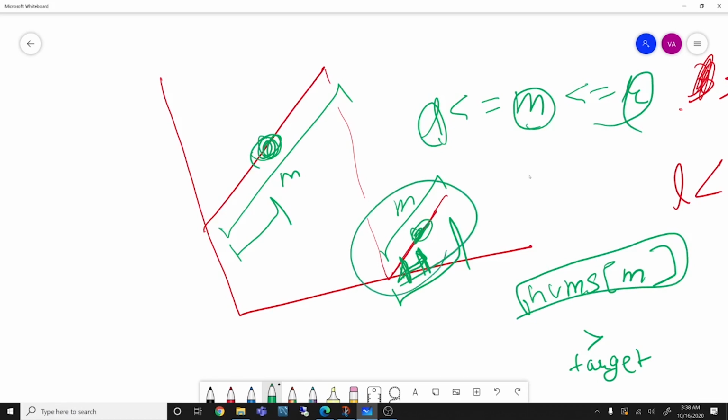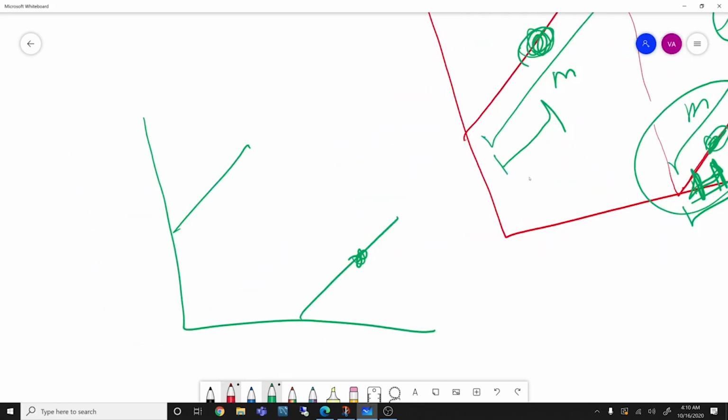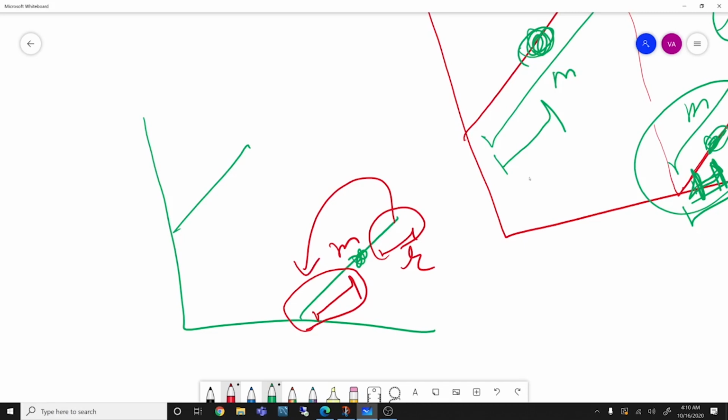So in this condition, let's now discuss this in depth. I can say that if my M is lying over here, I concluded that my target will lie strictly here. And I also know that my L will be lying behind my M and my R will be lying ahead of M. So this is the portion where my R is going to lie strictly. And now that I have to search in this space, I have to bring my R behind. Alright. So that concludes this part.